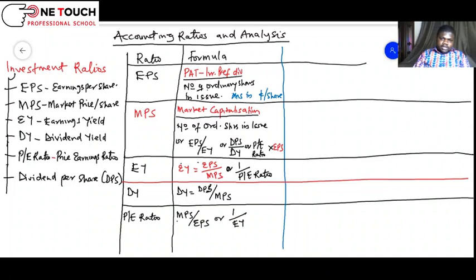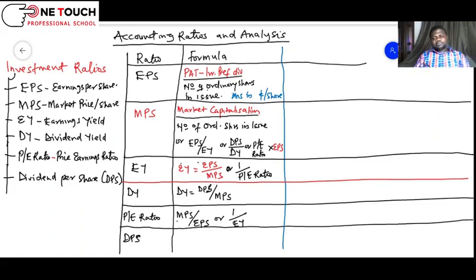Okay. Then we have dividend per share. Dividend per share is total dividend all over number of ordinary shares,